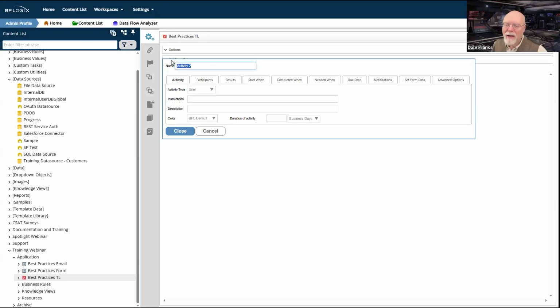So in this case, I have activity 2. We're not going to get too deep into activities. Obviously, activities should always have a name that means something that is logical. So supervisor approval, because remember, we need to display this name using the running activity name system variable on the form itself. So if you have some weird naming conventions for timeline activities, you're going to really confuse your users when they see the timeline activity name pop up there and it's got some weird naming convention.